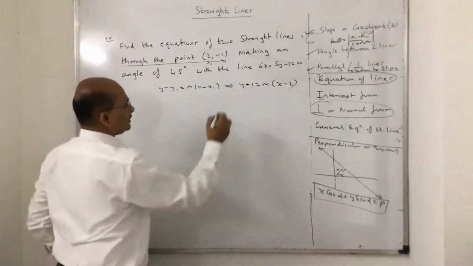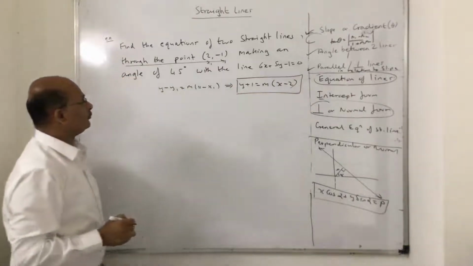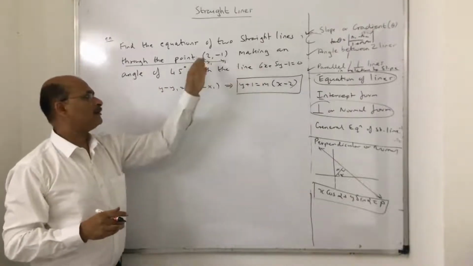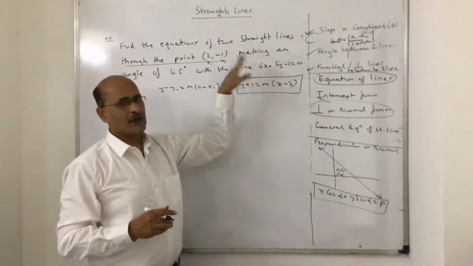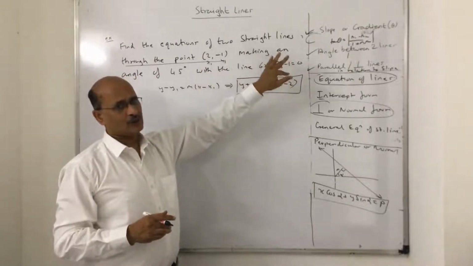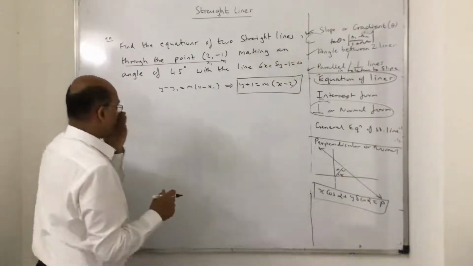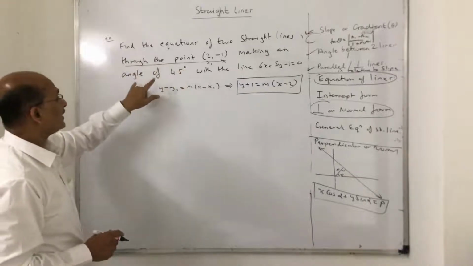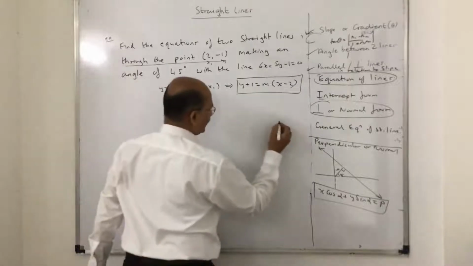Now, if I want this line, I need to find the value of m. If this sum had been such that the line is parallel to this line or perpendicular to this line, then whatever slope you derive from this, accordingly it is equal, or m1 m2 is equal to minus 1, you can get the solution. But that's not the point. They have given something else. They want the equations of two straight lines through the point, making an angle of 45 degrees with the line. So that means there is a point.